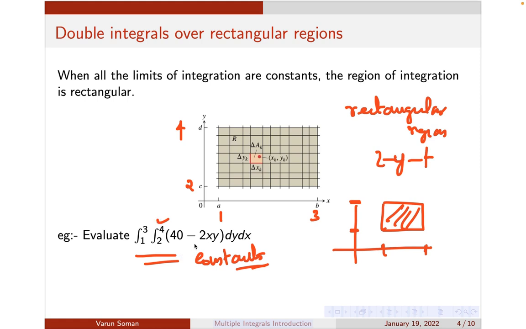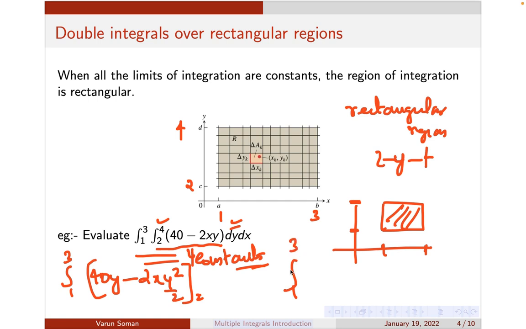Okay, now we will try to evaluate this. How will you evaluate this one? As I told you, first evaluate the inner integral, so we keep the outside one there itself. We evaluate this one with respect to y, because the y limits are given. When you integrate this with respect to y, what will you get? You will get 40y, because I am integrating with respect to y, minus 2x into y square by 2. Why is it coming so? Because x is a constant, only y is a variable here, so it will be y square by 2 in the limits, dy. Okay, so when I substitute the values of y,